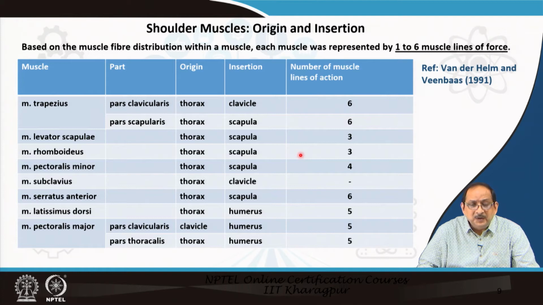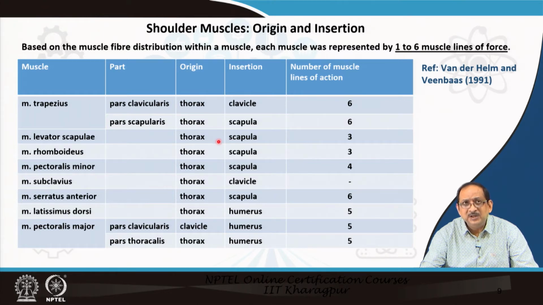So, the origin and insertion of the shoulder muscles are listed in the table. As you can see, for each muscle we have the part. For trapezius there is a clavicle part and there is a scapular part. The origin of the muscle and the insertion of the muscle is indicated, as well as the number of lines,